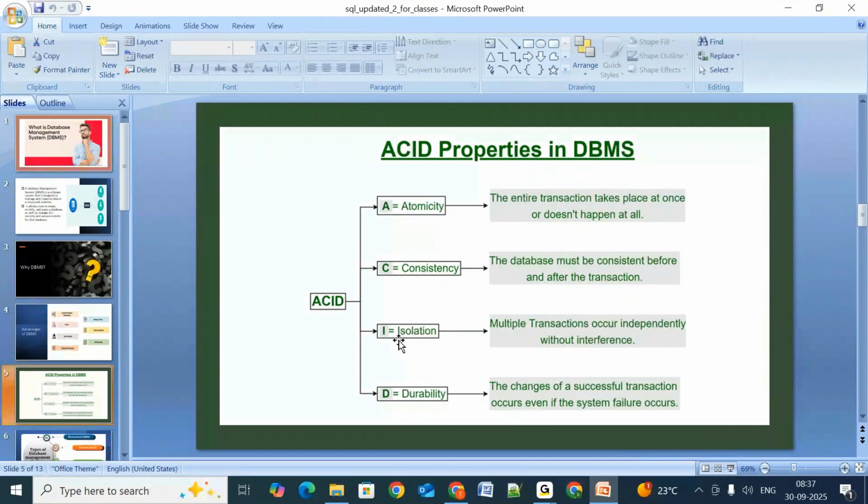Now, if in future you want to introduce some DBMS or some database into the market, what you have to do? You have to keep these four properties in your mind and then introduce your database into the market. Keeping this in your mind means you have to include these properties in your database, that is, in the database management system. So these are the four properties which are very important. I request you to work on this one. Remember these four keywords and try to understand.